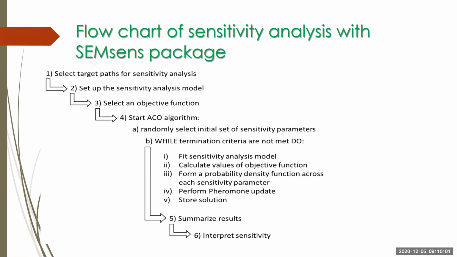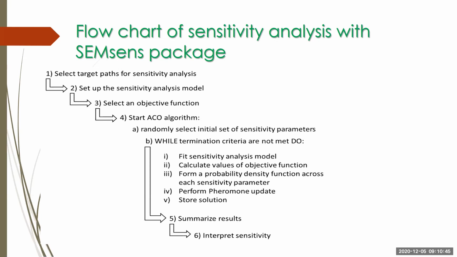So this is a flow chart of how sensitivity analysis is conducted with the SEMsens package. It first selects targets for sensitivity analysis. That's the part you have to do in preparation. Then set up the sensitivity analysis model, so you put in a model with all the filter variables you want, but you don't have to choose values for the sensitivity parameters. And then select an objective function. The objective function is either a function of p-values, parameter estimates, or model fit, or you can create your own combination,